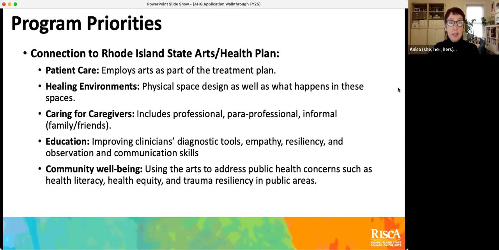Another priority is showing connection to the Rhode Island State Arts Health Plan. There's more information about that State Arts Health Plan in the resources and in the guidelines.